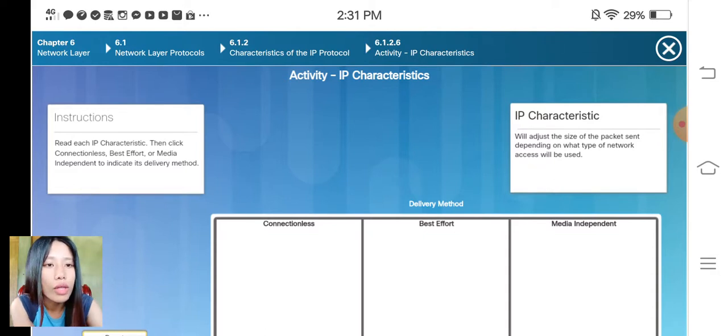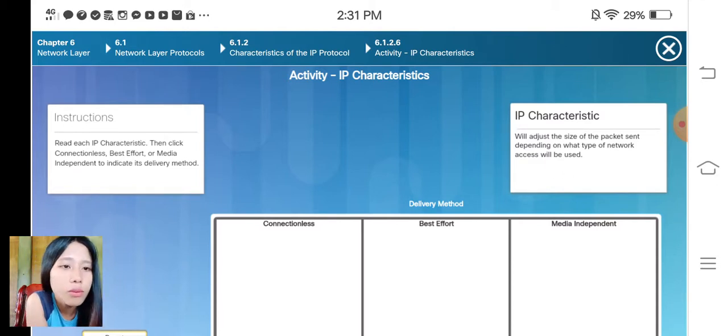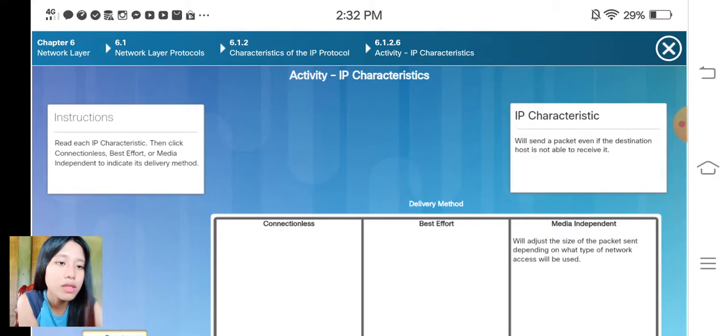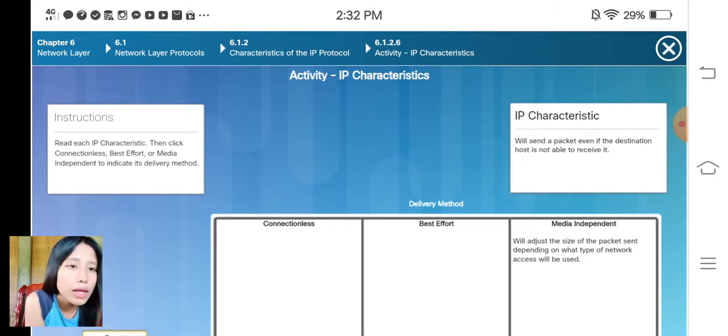So now I'm going to answer this. The IP characteristic, the first is: will adjust the size of the packet sent depending on what type of network access will be used. So I think it's the media independent. Next one is: will send a packet even if the destination host is not able to receive it. I think it's